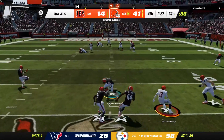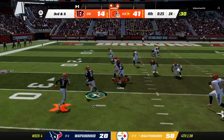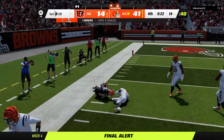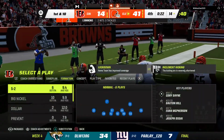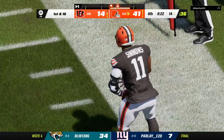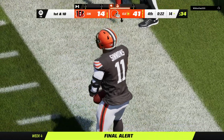And now here is another interception. Isaiah Simmons picking it off. And the Browns are going to take possession of the football. Facing this fourth quarter deficit, felt like they had to throw the ball, and on the other side, they were ready. No doubt about it. They're playing